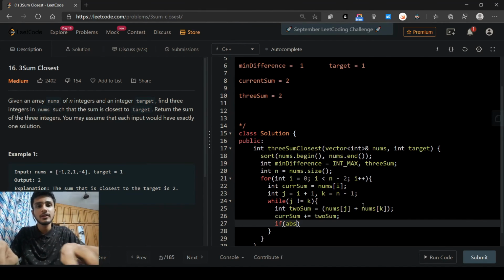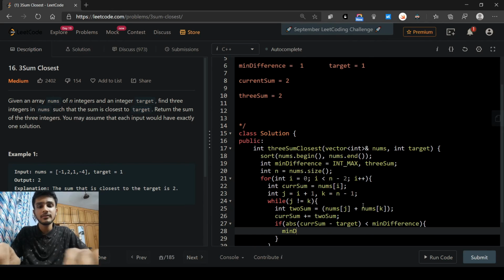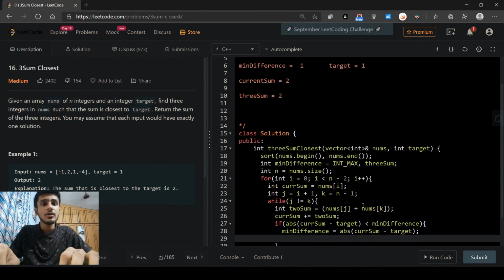If abs of cursum minus target is lesser than min difference, in this case what we need to do is update our min difference, and we also update our 3sum to be current sum.